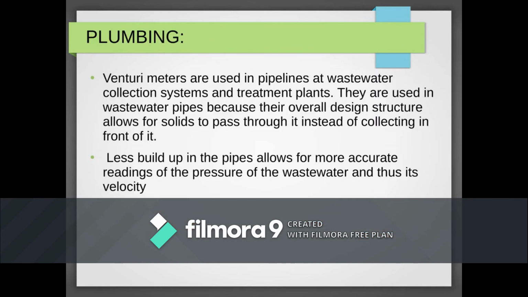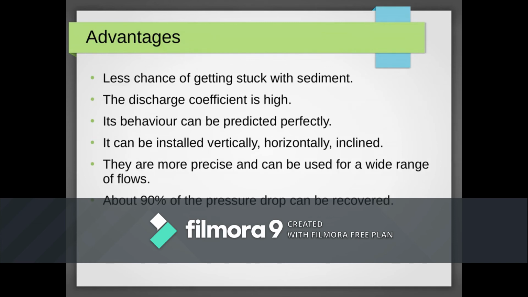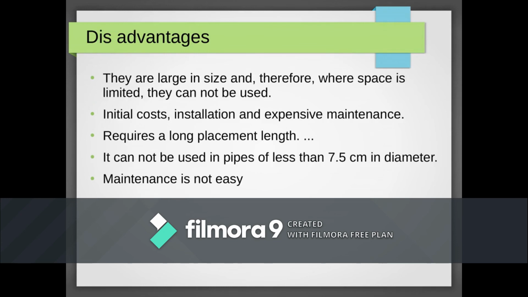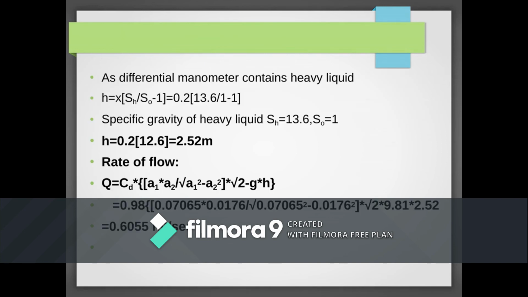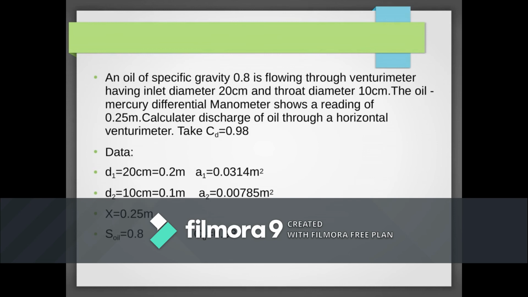So we take the help of a manometer. As we have studied in the earlier chapter, a manometer is nothing but a U-tube manometer which has a mercury fluid contained in it. It has two limbs, the right limb and the left limb. The right limb is connected to the throat part and the left limb is connected to the inlet of the venturimeter. As you can see, there's a difference in pressure, and the level of the mercury slightly goes up and down depending upon the pressure.